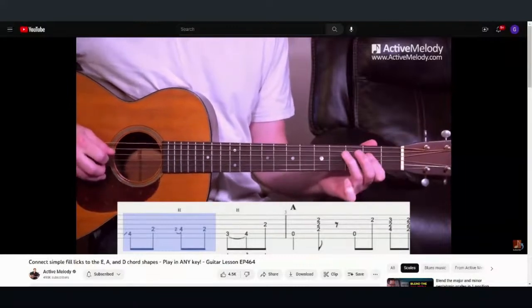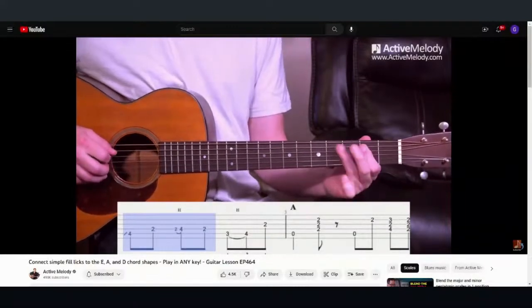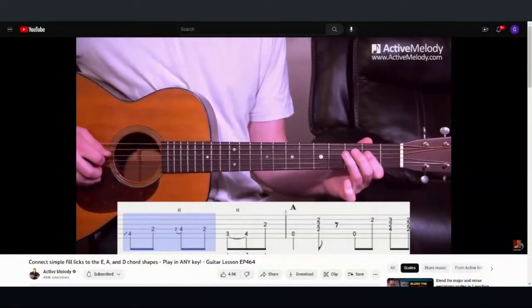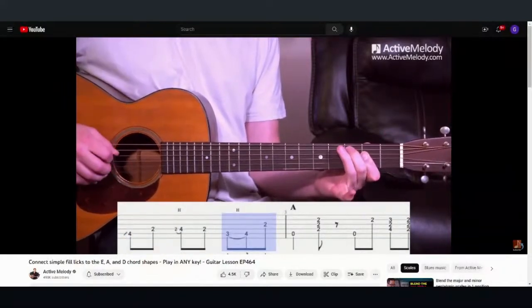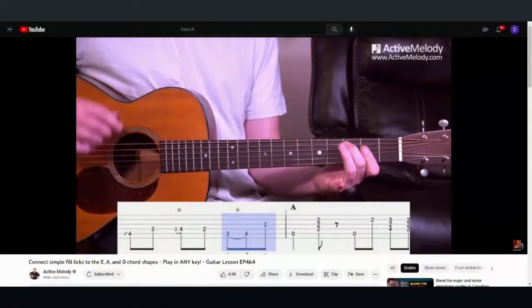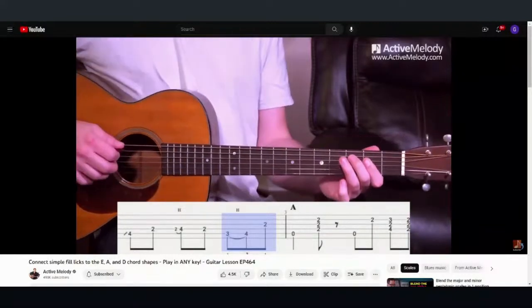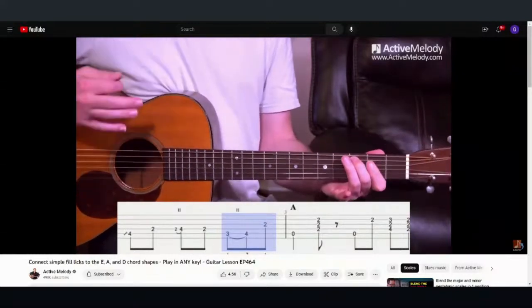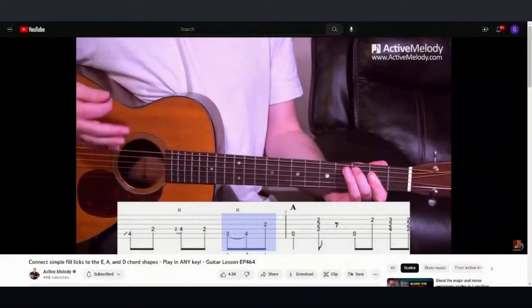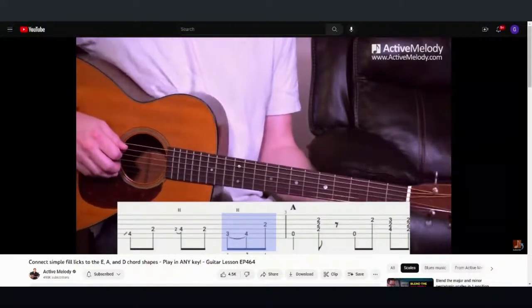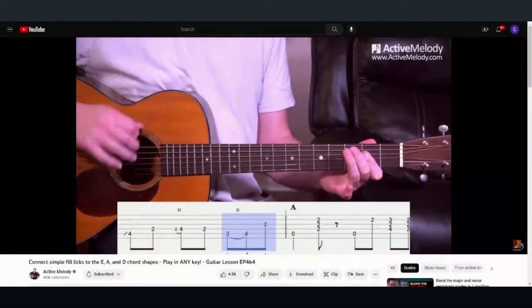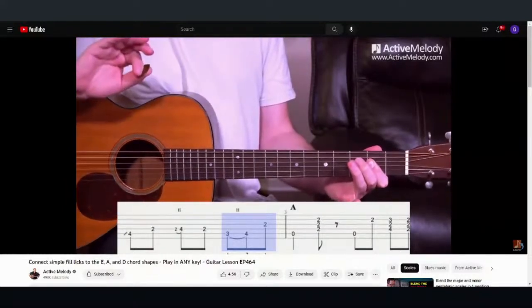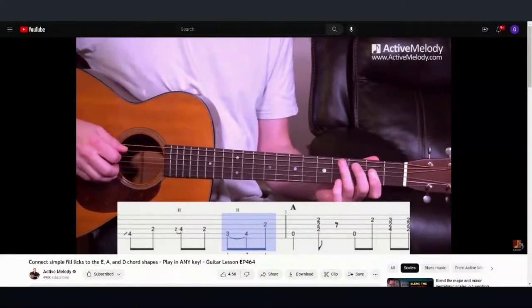So we have a little box there, right? Now watch this. So this note, we're going to come down to the 3rd fret on the 5th string. Now I realize that note is not in the major pentatonic scale for A, but it is in the minor pentatonic scale for A. It's almost like a passing note that gives it a little bit of bluesy feel just by touching on it.